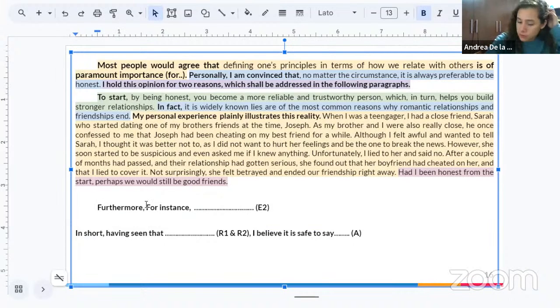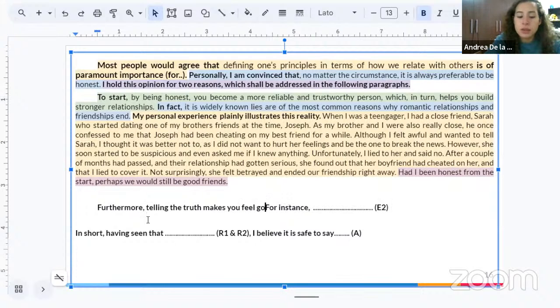Another tip that I wanted to give you guys, try not to overuse the structures, the conditional sentences like if and when, okay? Because they are too used. So try not to say, when you are honest, you become a more reliable and trustworthy person. Or if you're honest, you become a more reliable and trustworthy person. Try to use other alternatives instead. So by being honest, you become a more reliable person. Maybe in this case, I could say, telling the truth makes you